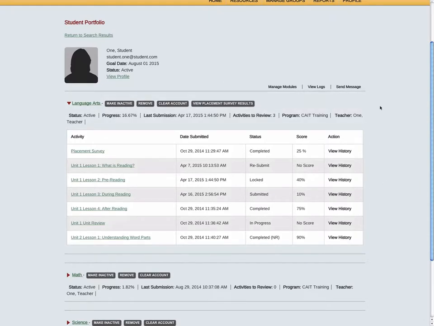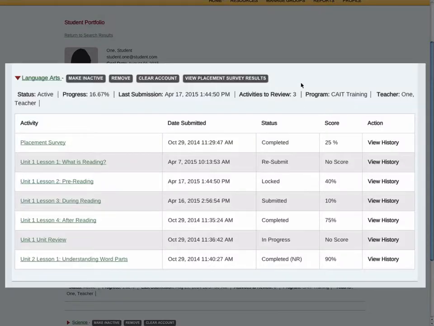this screen. Toward the top of the box, you will see how much of the module the student has completed, the date of the last submission, and the number of activities waiting for your review. The headings of the table are labeled Activity, showing the name of the activity, Date of Submission, letting you know when the student submitted the lesson,